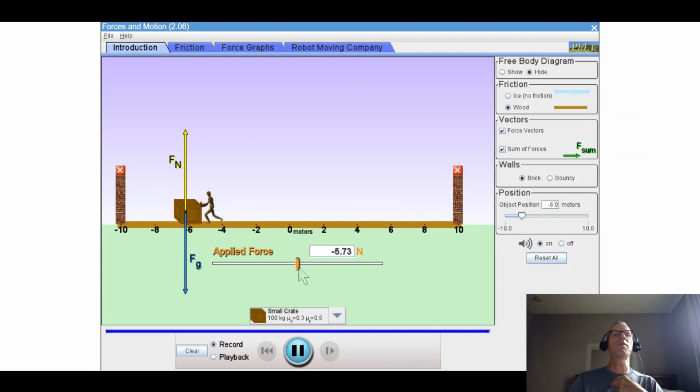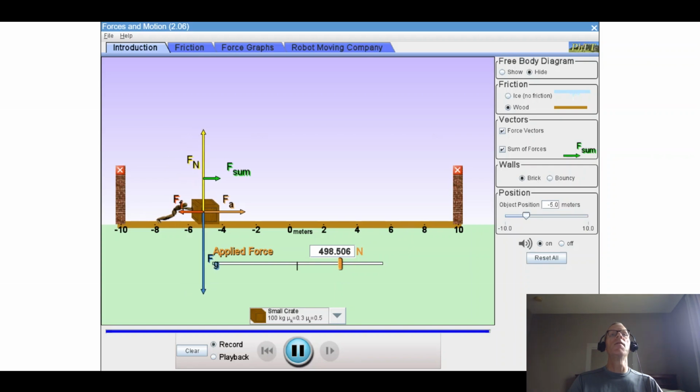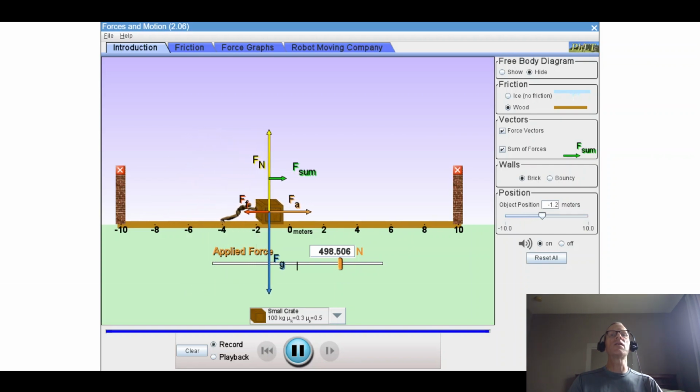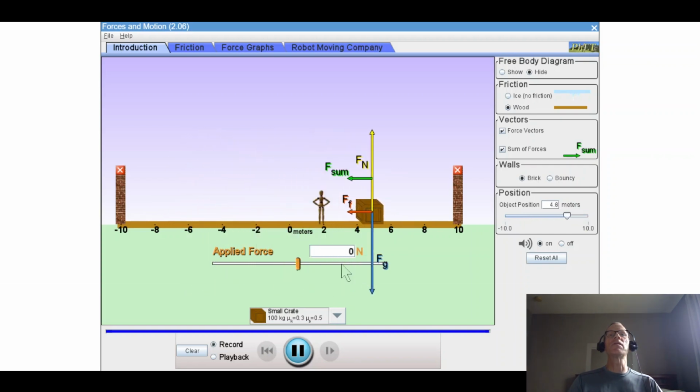Look, when I go in the opposite direction, the same thing happens. Here, the frictional force is 57 newtons because it opposes the applied force. Here, it is 309 newtons because it opposes the applied force. As I increase this, the applied force keeps getting bigger and bigger, and the frictional force keeps getting bigger and bigger. But notice, once I reached about 500 newtons,